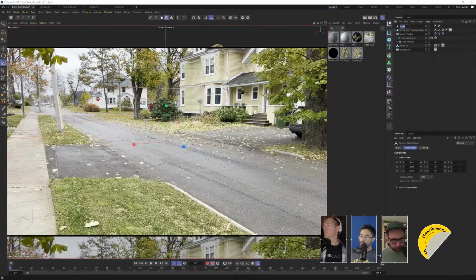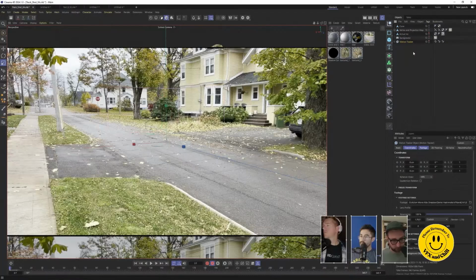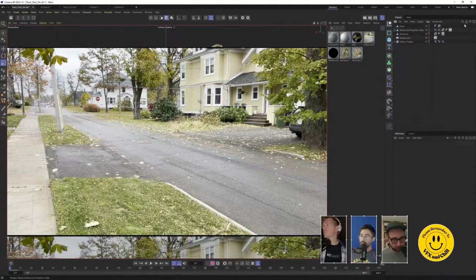We have the cone now, and we have our vertex maps, and we have the surface material. And the motion tracker. The motion tracker I can mostly hide, because we don't need to see any of its stuff cluttering up here anymore. So let's go to our